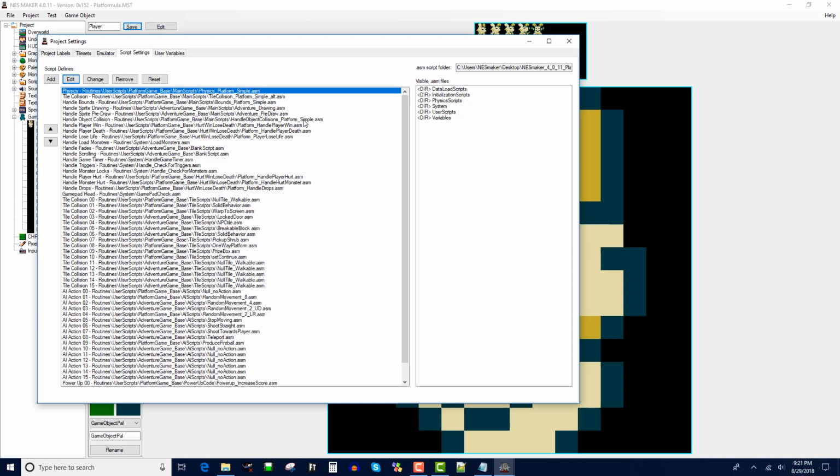I just wanted to kind of show you that this is using a different physics engine. It's using a different tile collision, and in fact, if you look at tile collision, something interesting. The tile collision for the original